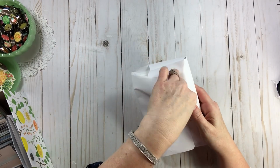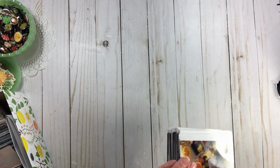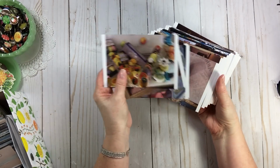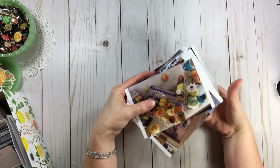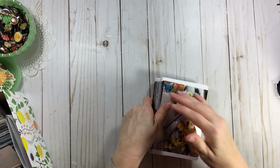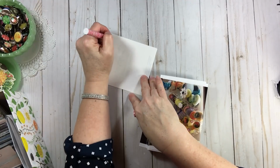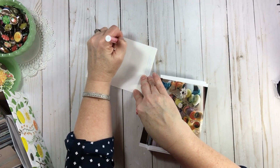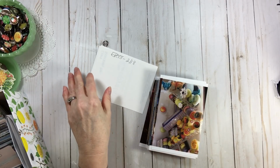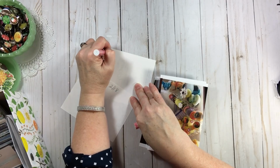Okay, so I have a pocket here. Let's just crack this open. So again, what do we have here? Oh, Lord. Okay, so now we have Epcot here. With Epcot, the easiest thing to do is to do a header that says Epcot. And of course, with everything, I try to put the date. So Epcot 2/18. Then anything that doesn't fit in,